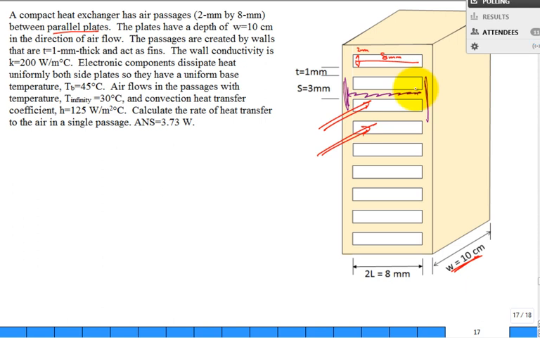The plates have a depth of 10 centimeters, and we'll use the symbol W for the depth in the direction of airflow. Passages are created by walls that are 1 centimeter thick. So this is 1 centimeter thick on our walls, and they act as fins, meaning they can conduct down the wall and then into the fluid. The wall conductivity is 200. If somebody said, I want you to guess that material, would you guess